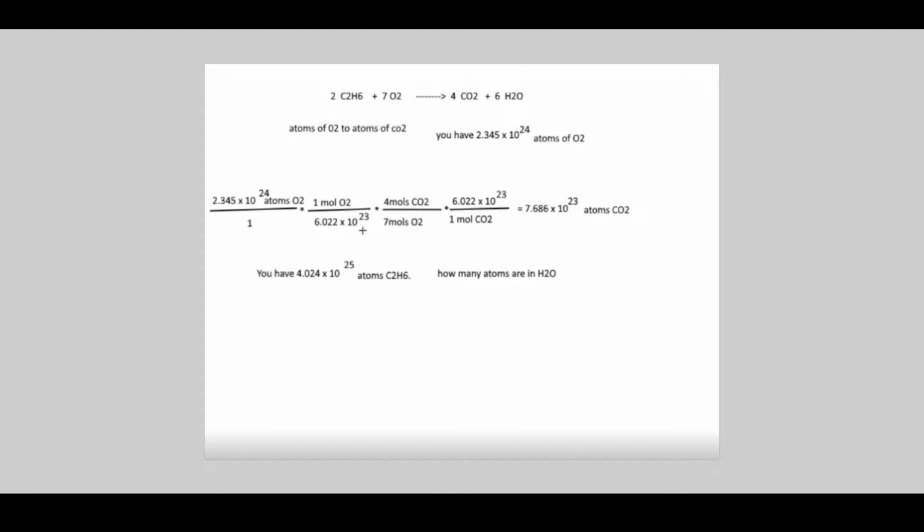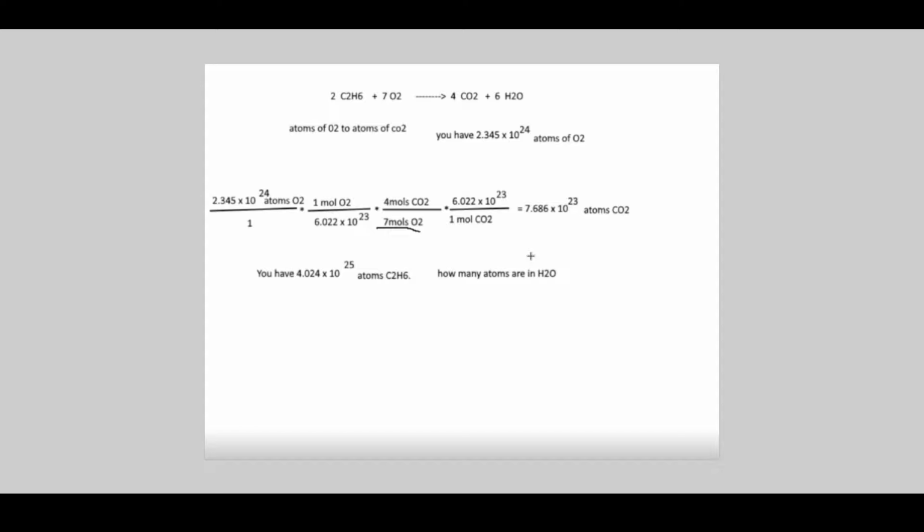You go to Avogadro's number to convert to moles. Then you do what we did last video with going from one element to another element. So you come down here, you take the coefficient, you put it on the number of moles of O2. Then you come up here to CO2's coefficient, and you put it in for moles of CO2. You go from moles to moles, then moles to atoms, and then you multiply everything on top and divide everything on the bottom, and you should get